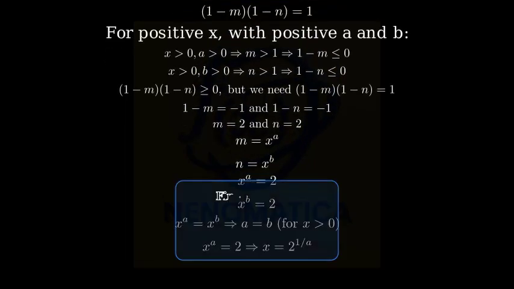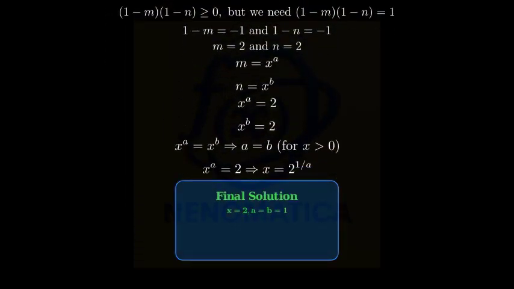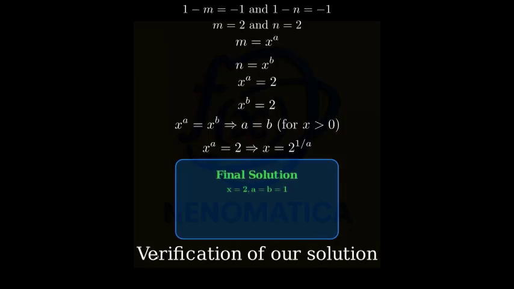This means that x to the power of a equals x to the power of b, which implies that a equals b for any positive real values of a and b, and if x to the power of a equals 2, then x equals 2 to the power of 1 over a. But since a equals b, and we need to satisfy both equations, we must have x equals 2, and a equals b equals 1. Let's verify our solution by substituting x equals 2, a equals 1, and b equals 1